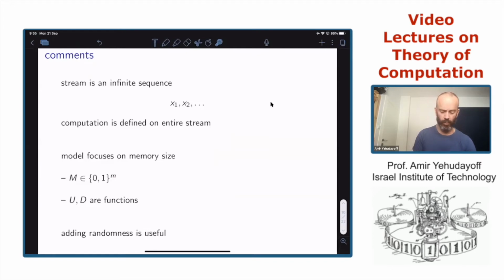And the two other functionalities in the device, the update rule and the dictionary, are just abstract functions, and we don't care about their complexity or any other property.